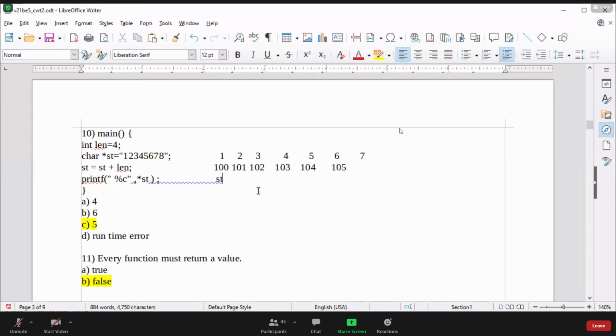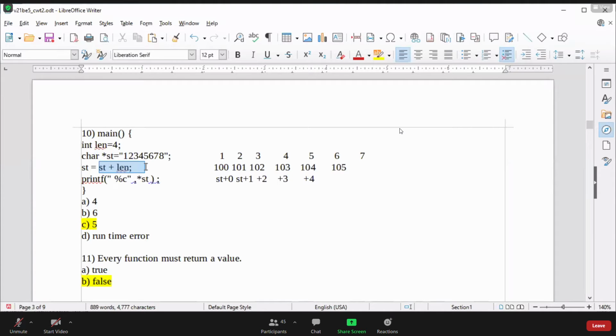Now next, where is st pointing initially? st is pointing at the starting location. If we do st plus 0, it remains the same. If we do st plus 1, it is the next location, st plus 2 the next one, st plus 3 the next one, st plus 4 and so on. Here we are doing st plus 4, because the len value is 4.